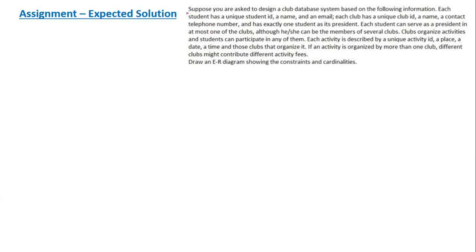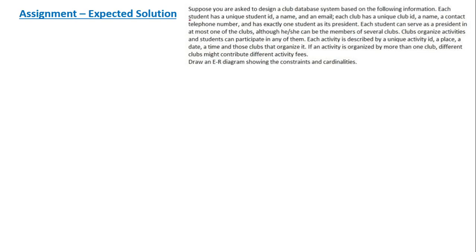So let us go through the process once again. First of all, we are reading this problem statement and identifying the entity sets and the relationship sets. So once again I am going to read it. Suppose you are asked to design a club database system based on the following information.